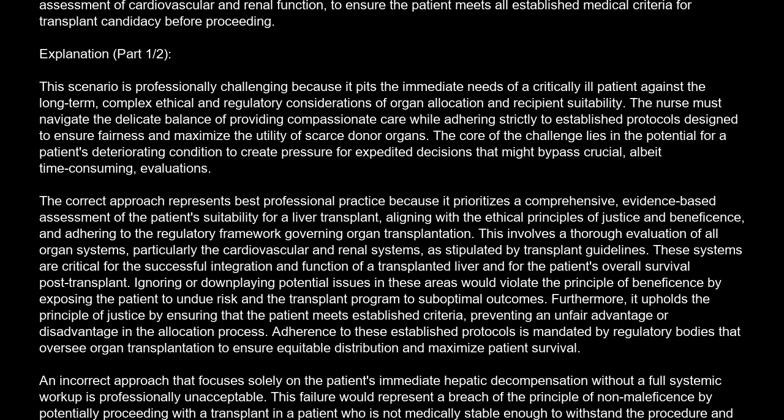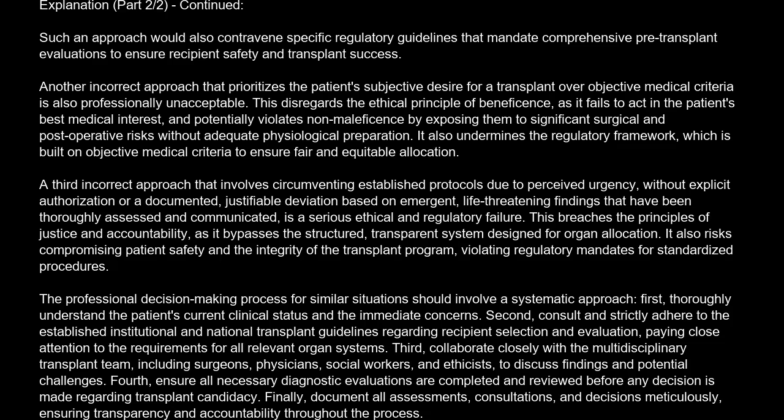professionally unacceptable. This failure would represent a breach of the principle of non-maleficence by potentially proceeding with a transplant in a patient who is not medically stable enough to withstand the procedure and its aftermath, leading to increased morbidity or mortality. It also violates the principle of justice by potentially allocating a life-saving organ to someone who may not have the physiological capacity to benefit from it, thereby diverting it from a potentially more suitable candidate. Such an approach would also contravene specific regulatory guidelines that mandate comprehensive pre-transplant evaluations to ensure recipient safety and transplant